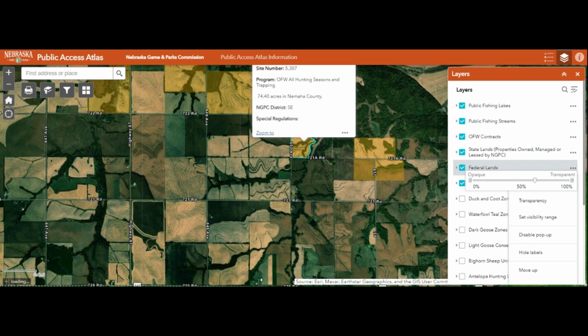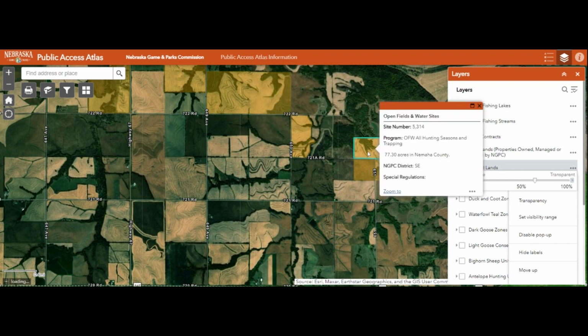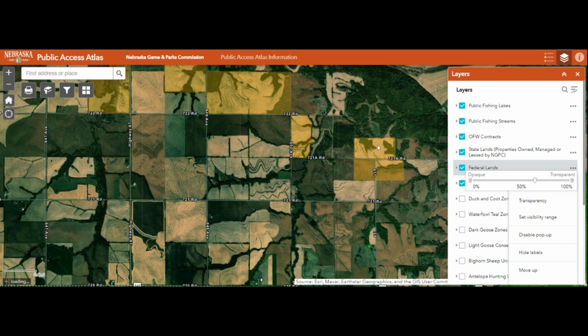So I don't know if you're as diligent as I am about anytime I go to a piece of public hunting land or private hunting land, I send a text to my wife. Like, if I was going to go hunting right here in the morning tomorrow, I would send her a text when I got there, like walking into Open Fields and Water site 5314. And then I send her a text when I'm on my way out. So if something ever happens, she at least has an area to give to somebody